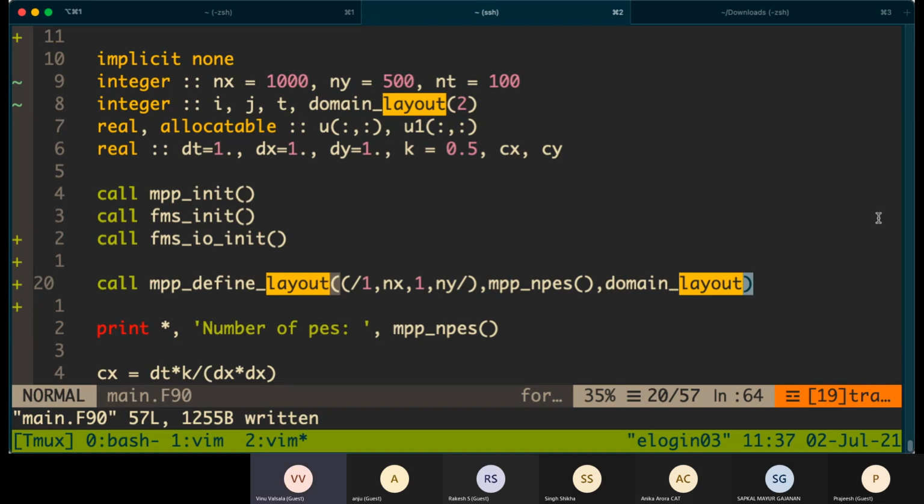Let's say there are 50 processors, whether you want it as 2 by 25 or in what layout. But it has only size 2, so that means the domain layout variable has only two entries in it.